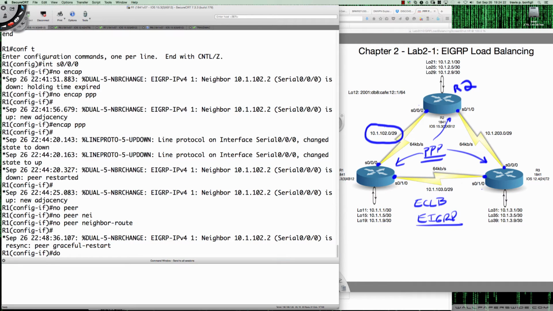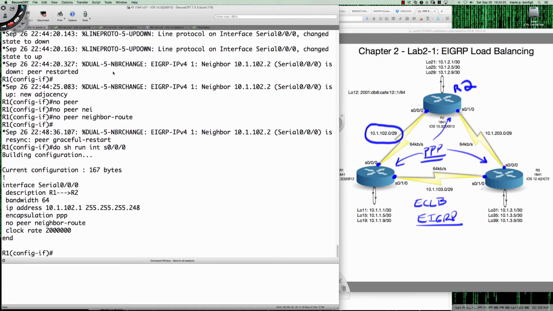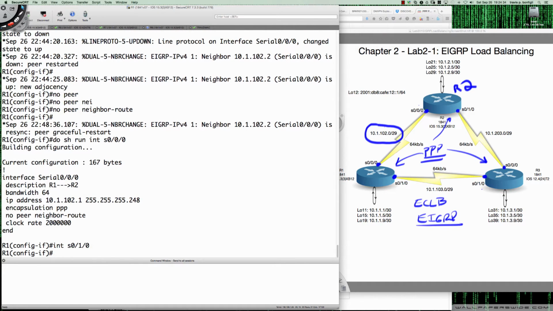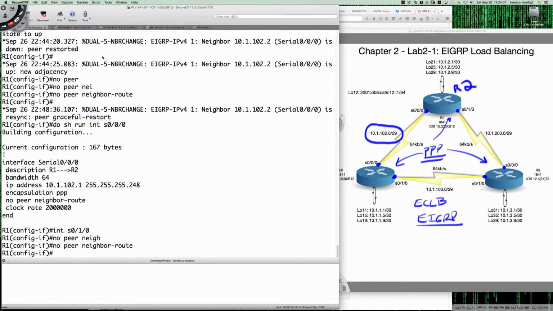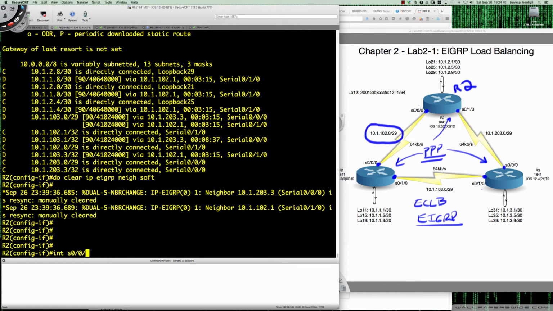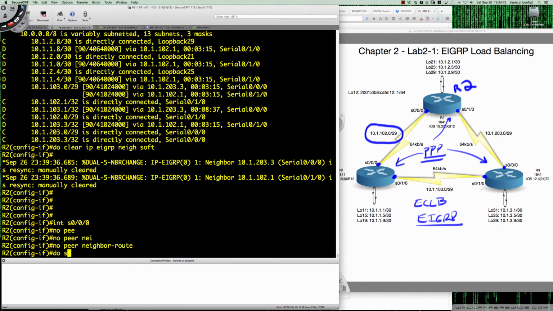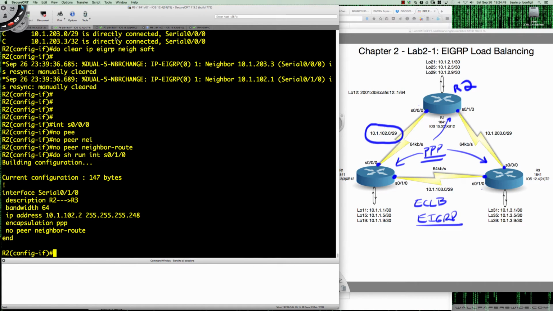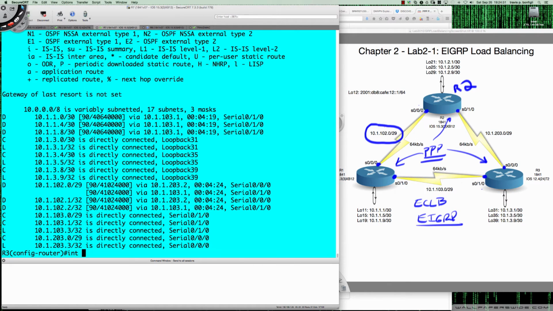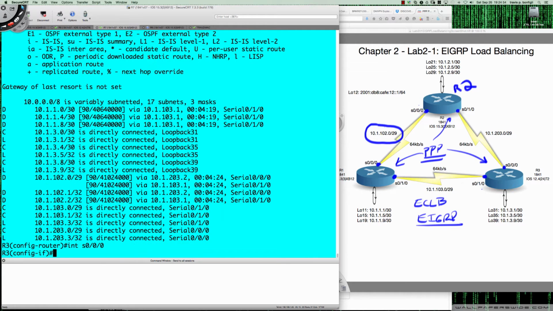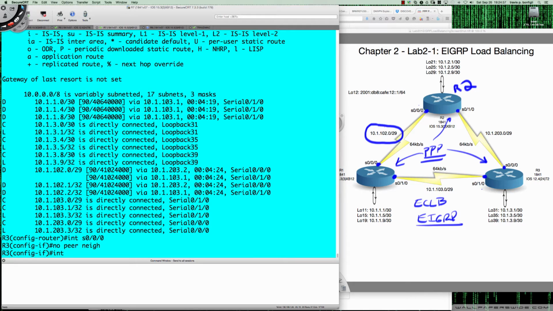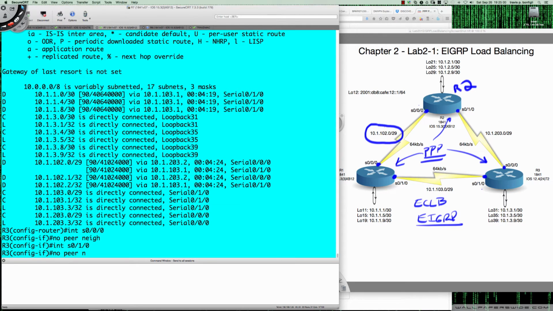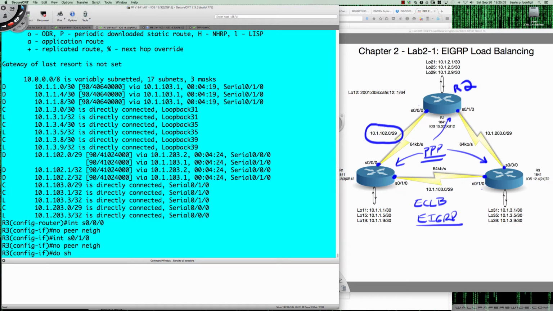Let me see here. So let's say do show run interface serial 0/0, and that's where we have the no peer neighbor route. And let's go to interface serial 0/1 and say no peer neighbor route. And I'll do it on both of the interfaces here. Interface serial 0/0, no peer neighbor route. Do show run interface serial 0/1, and we've got the no peer neighbor route. And let's come back with a do show IP route,